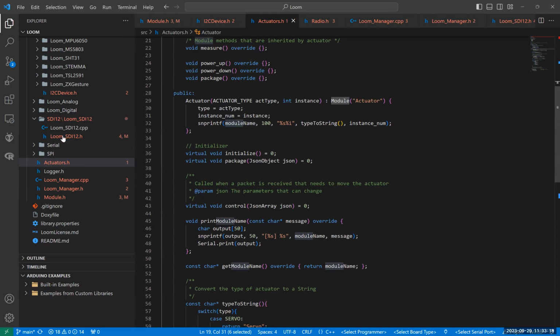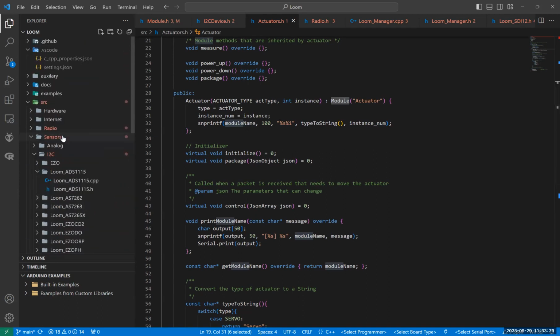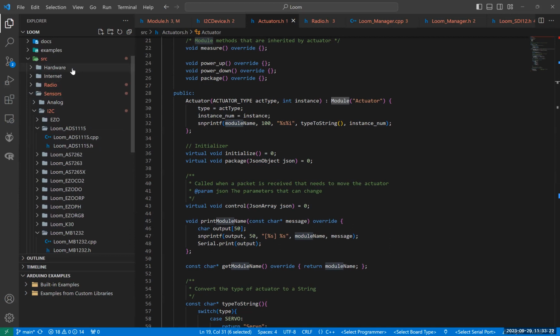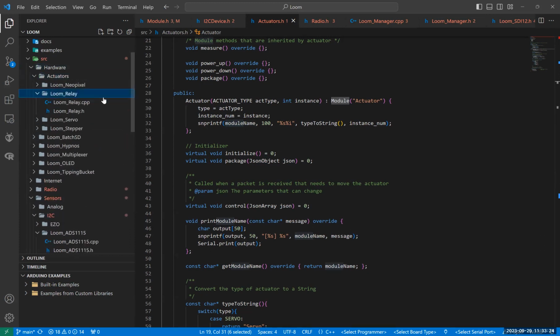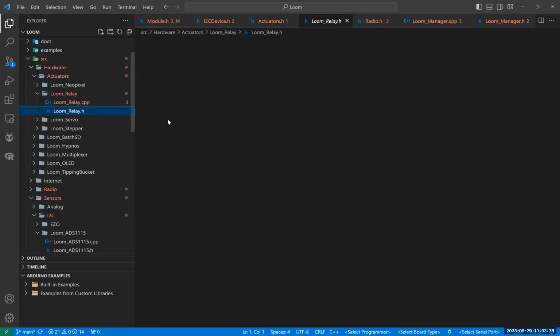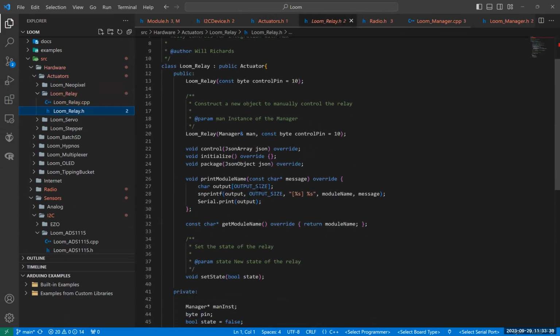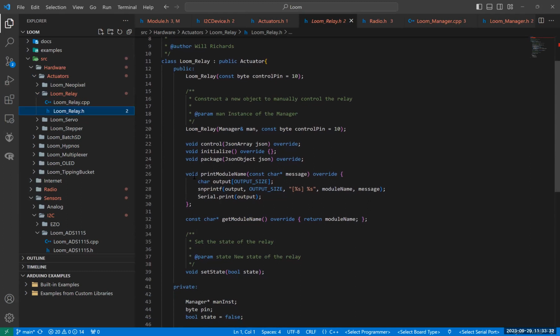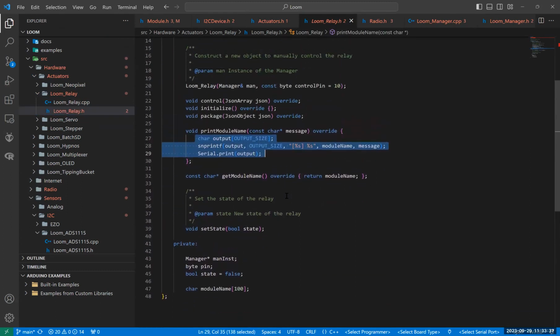Never mind. Oh, I know where it is. It was one specific relay that actually caused problems. It was the relay part itself, where I believe I modified it, because if you have more than one relay, the format of how it